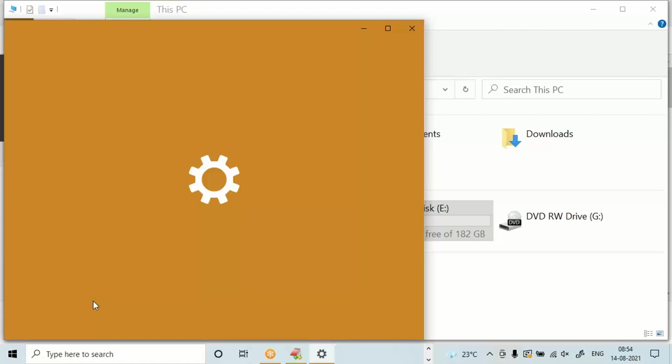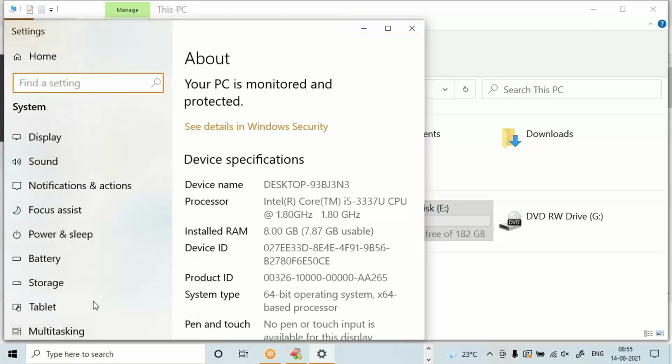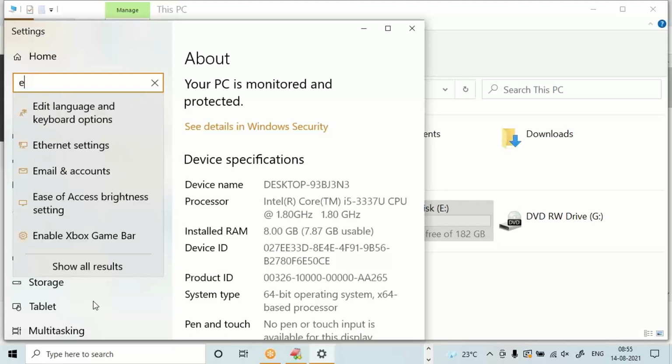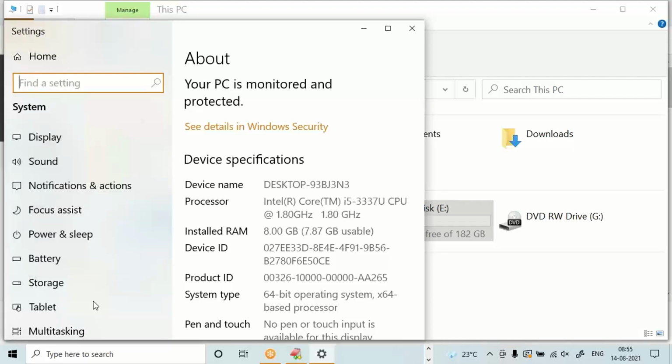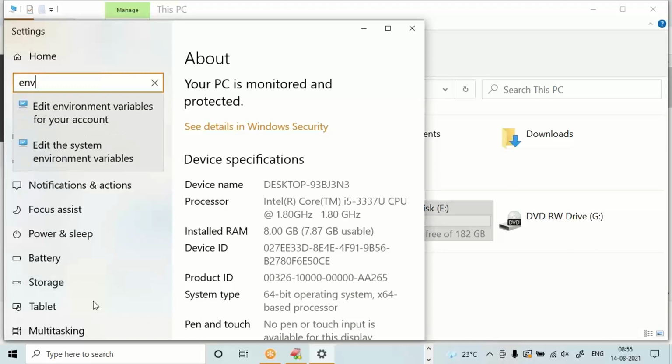Otherwise, search for environment variables. Edit environment variables. Click on this.